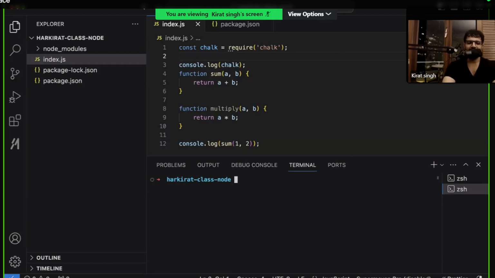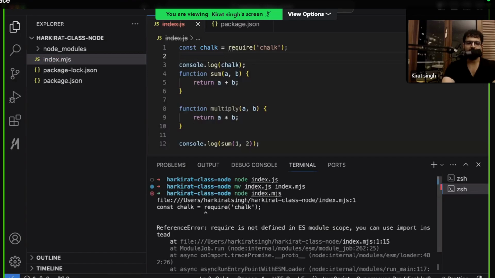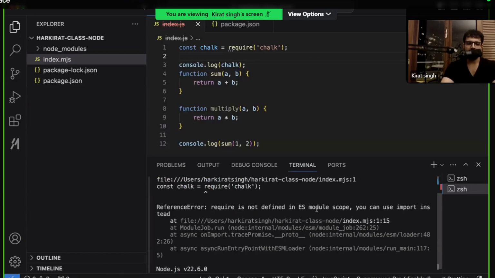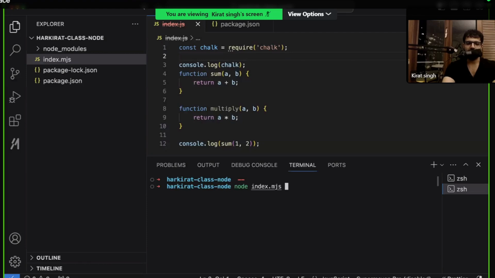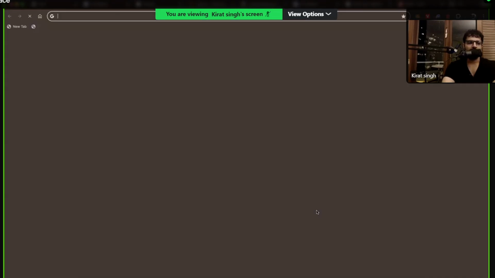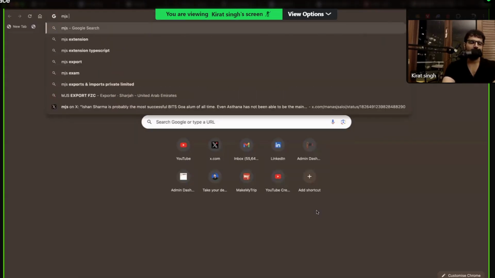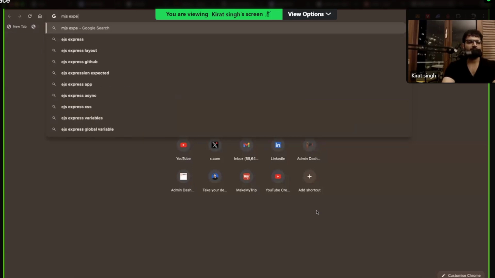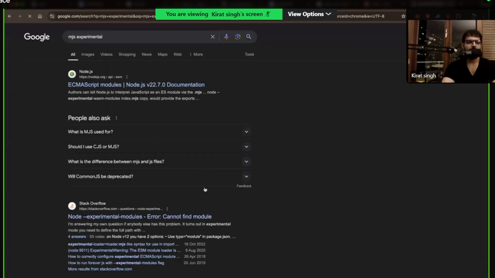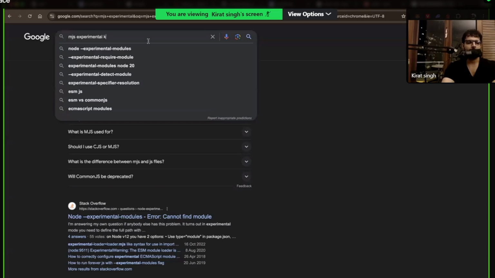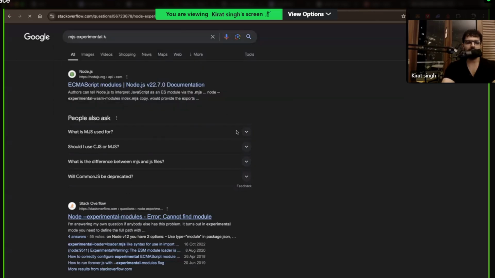So you can do a few things here. One thing you can do is you can make this an index.mjs file and run index.mjs with experimental modules.